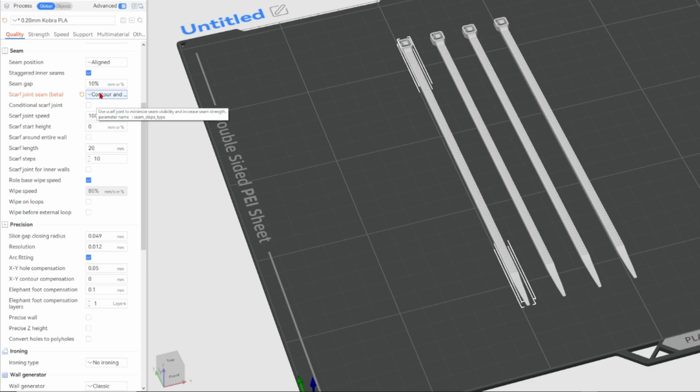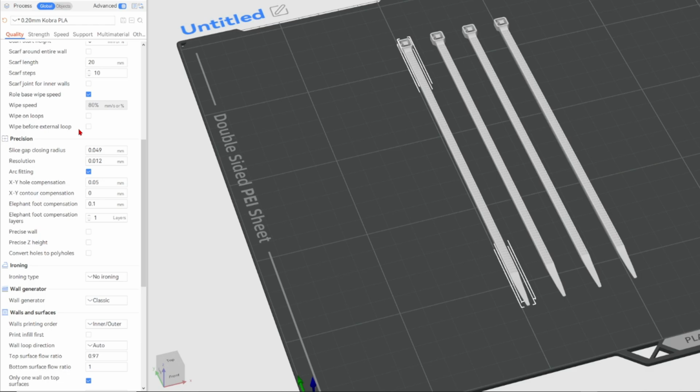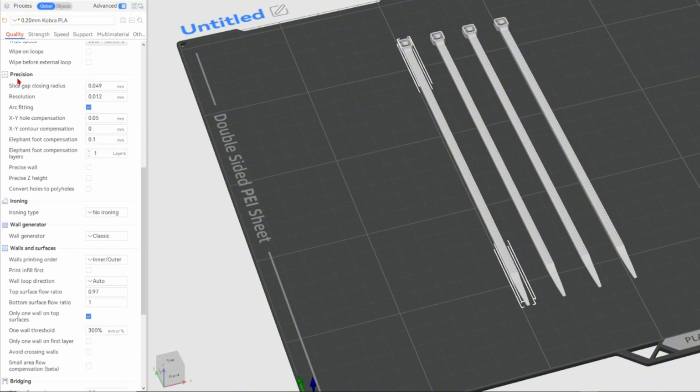So Z seam, I just put it to contour and hold, and I just set everything to default. I don't even touch them. I try to mess with them, but the more I mess with it, the worse it gets, and the Z seam is always going to be there, so I just put it to scarf joint seam and leave it at that. Precision. The precision, let me tell you, I don't even use this. So I'm not quite sure what this exactly is, but if you look here, cracks smaller than 2x gap closing radius are being filled during triangle mesh slicing. Yeah, I don't know. For me, I generally don't mess with this at all,